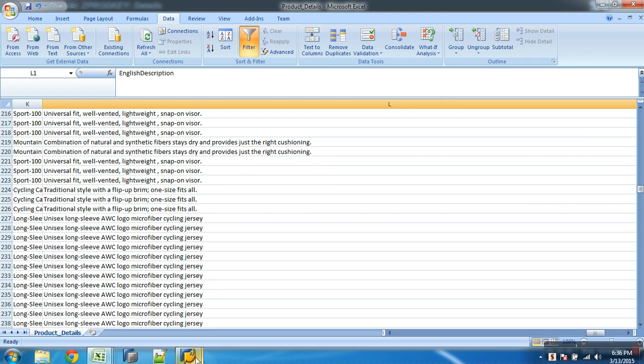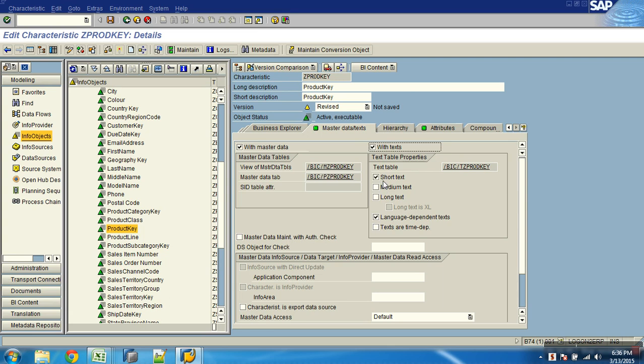So then I'll say I want a text table with medium to hold the English name of the product, and then long text, extra long text here. This will hold 1300 length. As long as I don't enable this, I can't do this. Yeah, and that's why I enable it. Then let's activate.